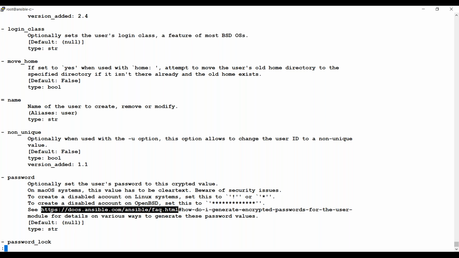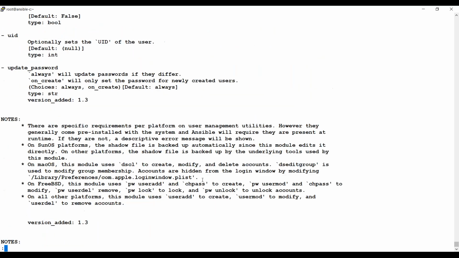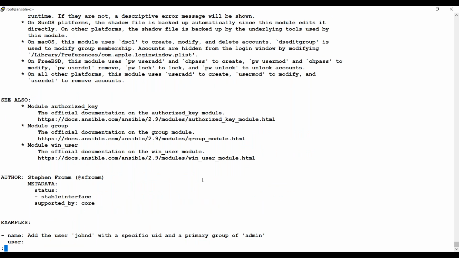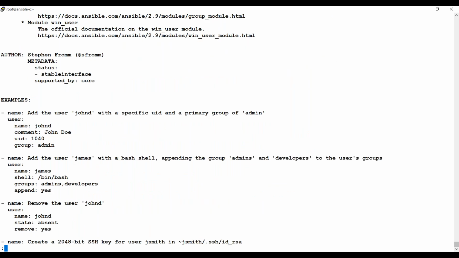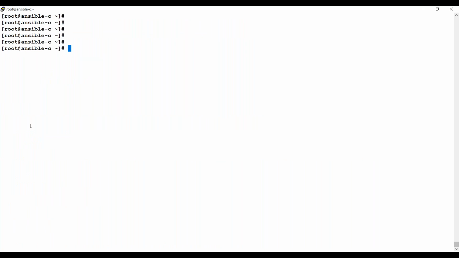So that's the reason it is telling you to go to the Ansible docs and learn how to generate a password, right? So there is a method for generating the password. Normally, if you're just creating the user, let's see an example. If you just want to add a user, you just need to go with the user module and mention name equals to whatever name you want to mention. So I'll go with this thing. As of now, I'll say Ansible,